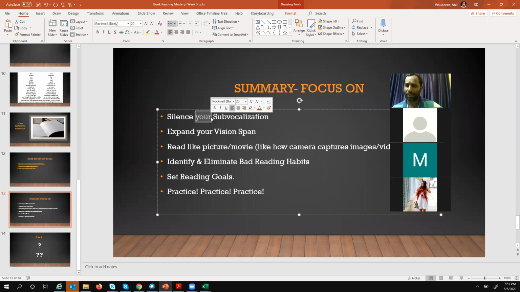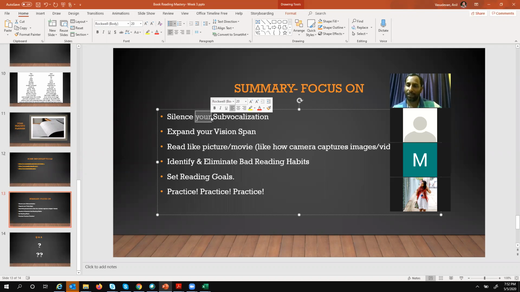Also set some reading goals. Like if in 2019 you read 5 books, set a goal of at least 3 or 4 times that, and identify your passion, your interest, what motivates you. Identify and set a reading goal for every year. When you have a goal in your mind, you will make sure you try to achieve something out of that.